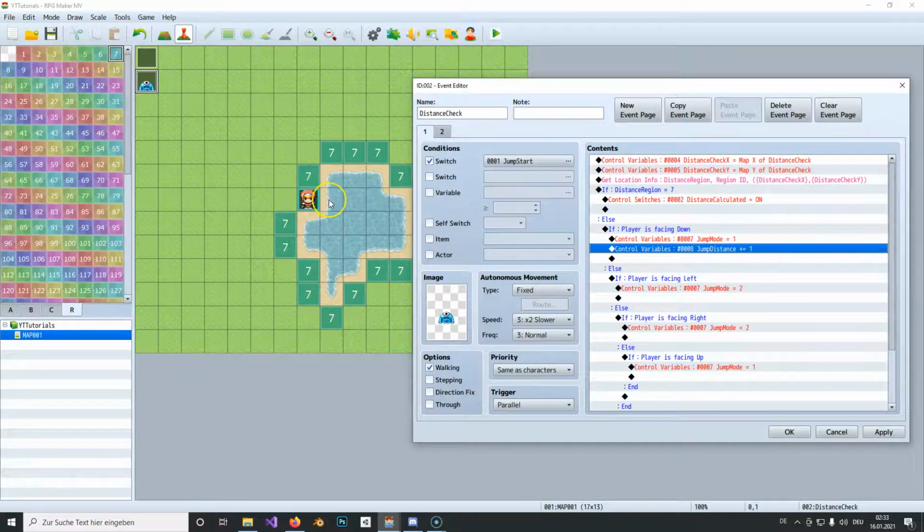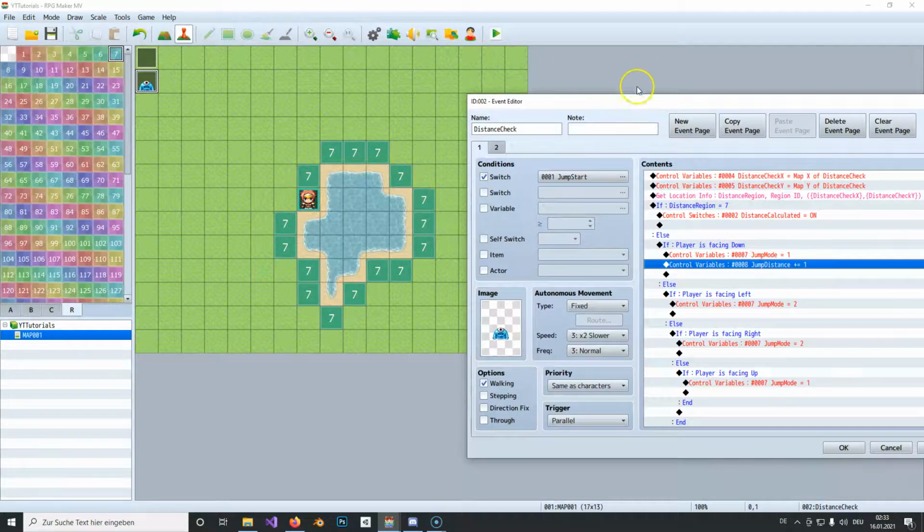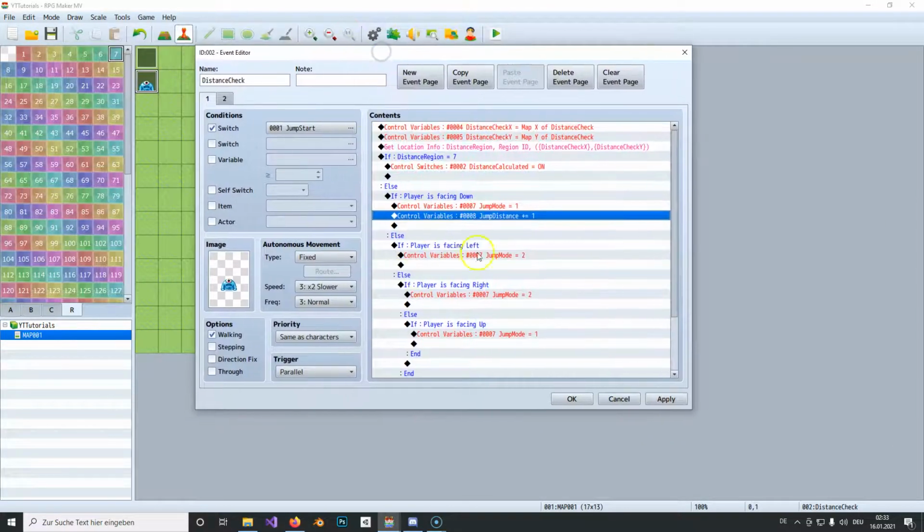Then, okay, it doesn't reach the field, then it will go one further, and the jump distance increases with every step, so we know how long the jump needs to be in the end. So we turn jump distance +1, and we also